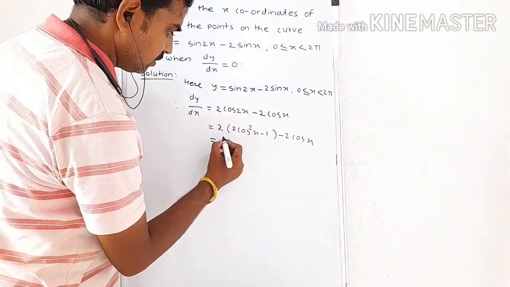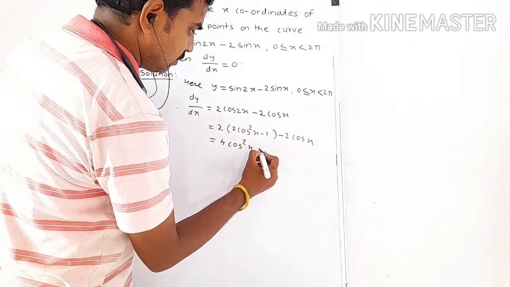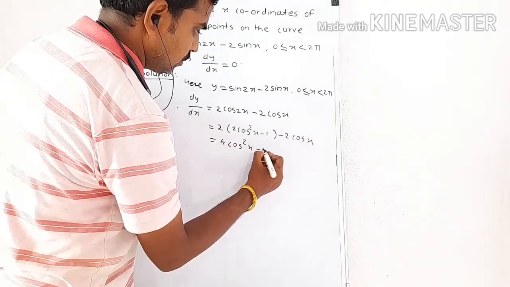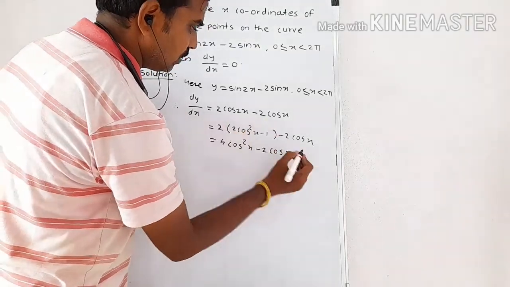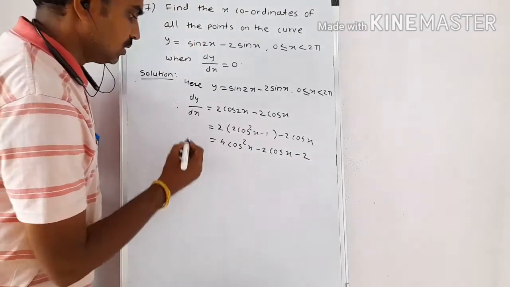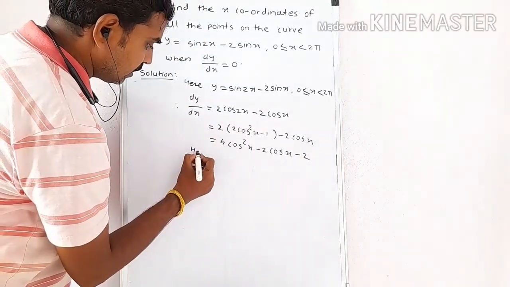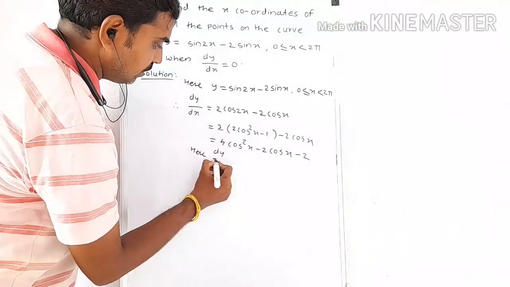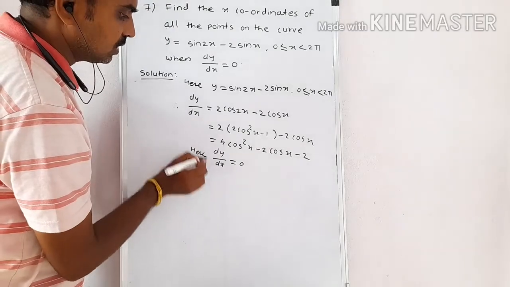Therefore our expression becomes 4 cos square x minus 2 cos x, and lastly constant term is 2 into minus 1 is minus 2. This is value for dy by dx. Now here what is given? Value of dy by dx equal to 0. Therefore by using these equations